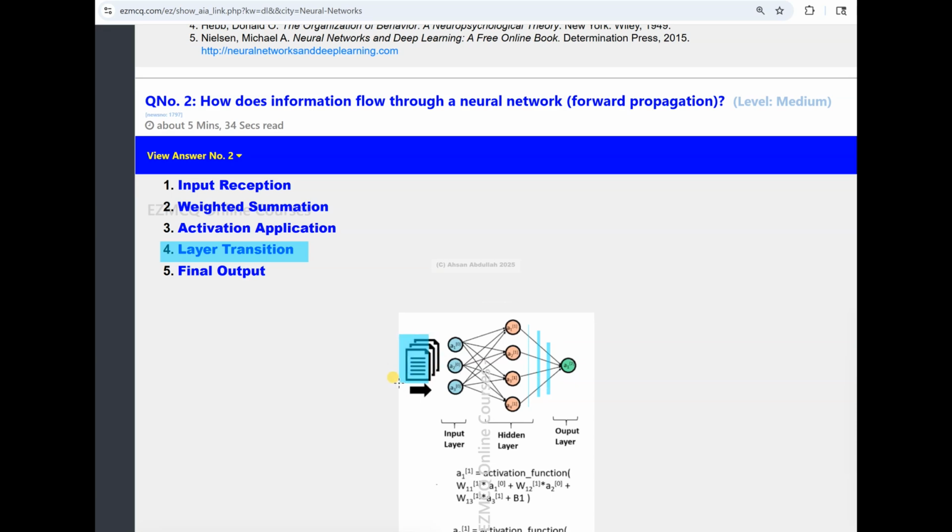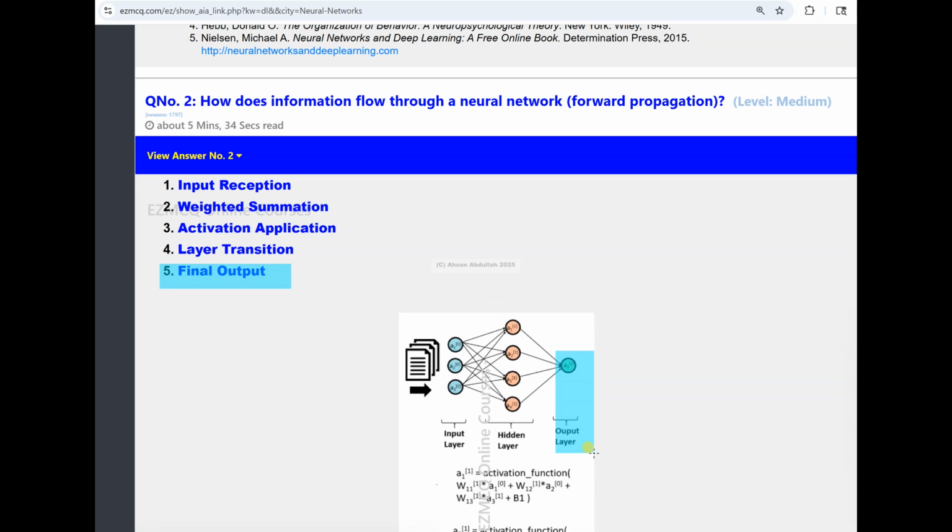All right. So then is the final output. So what is the final output? The final output at the last layer. This is the output layer. The processed data produces a prediction or a decision. This is a cat, this is a dog, and so this is a decision. Or this is a dog with 90% probability.